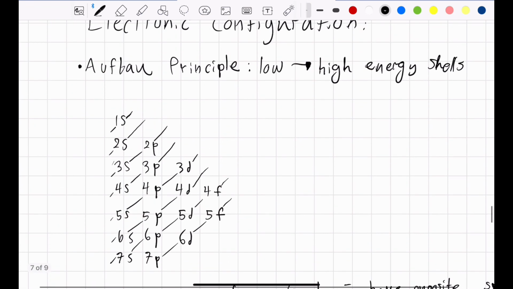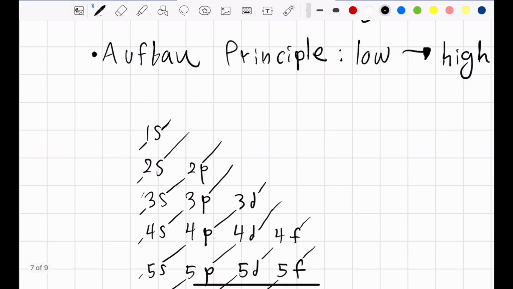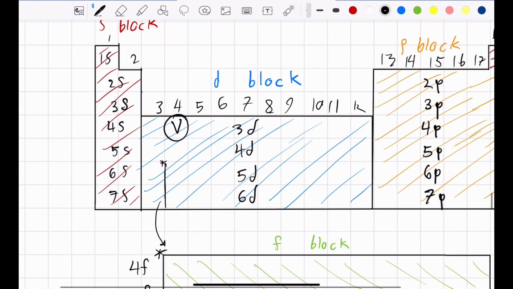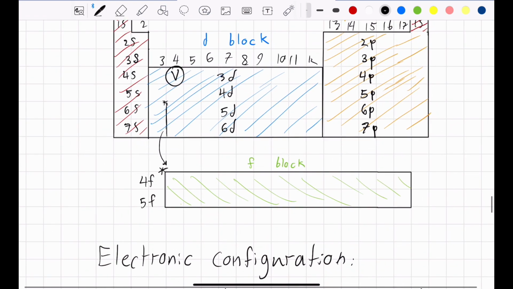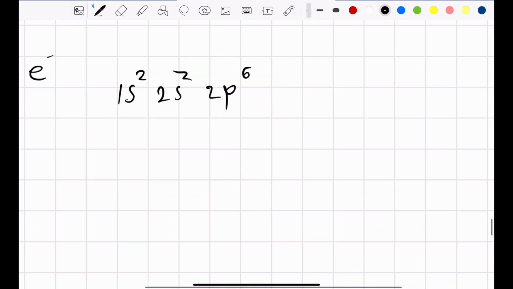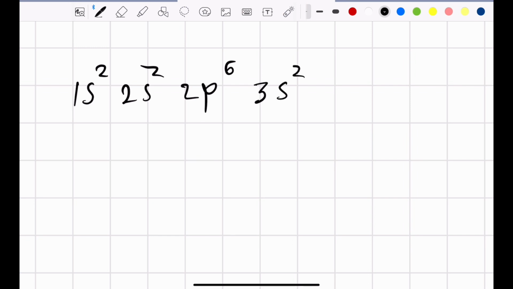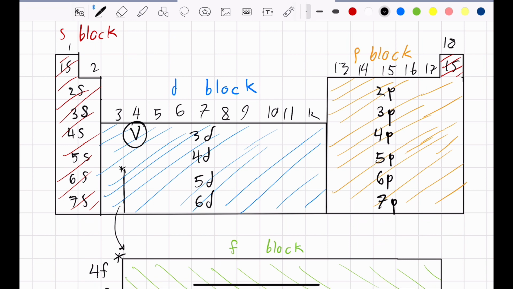2p6. And then if we look back at our diagram here, we can see that we're filling the 3s orbital now. And so we go here. That again only has 2 electrons, like 1s and 2s. Go here, 3s2. And then we don't fill the 3d subshell,